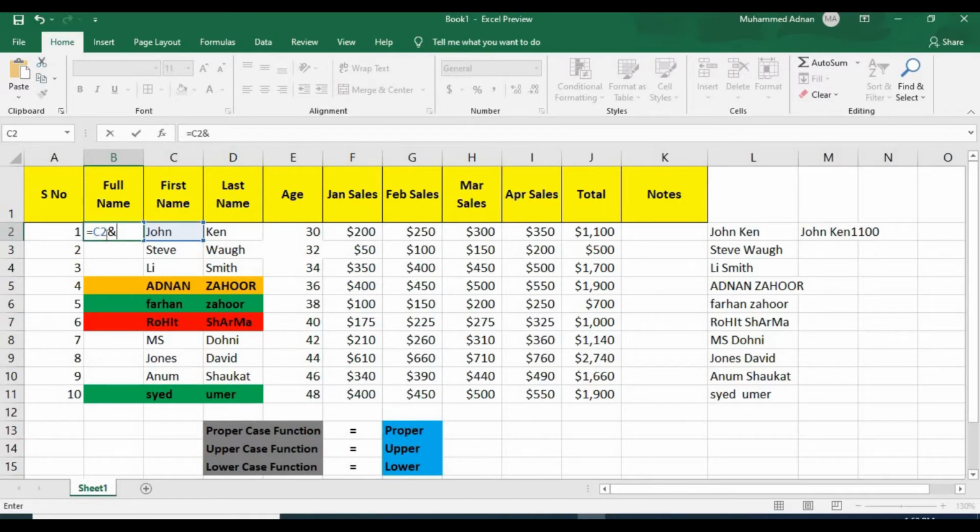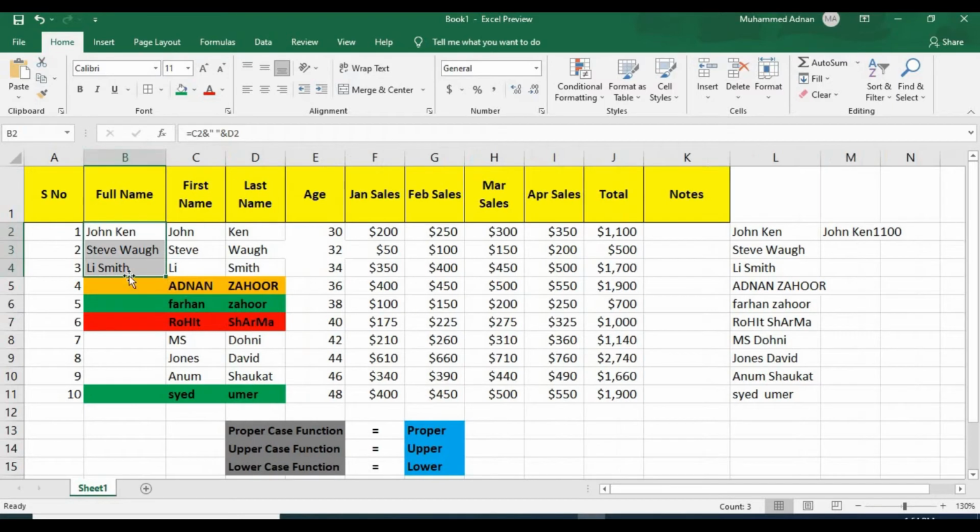Then we will put quotes, press space, and close the quotes, and then once again press Shift 7 for the & sign, and then select the last name. Now you can see it has made John Ken for us. Now we will drag it down.